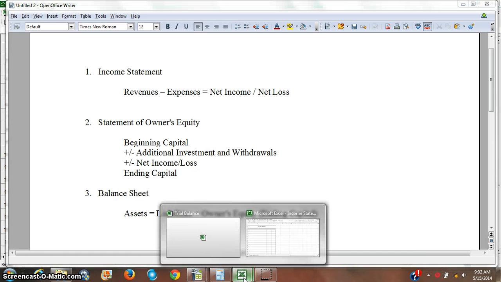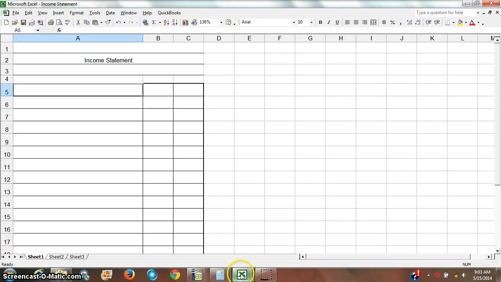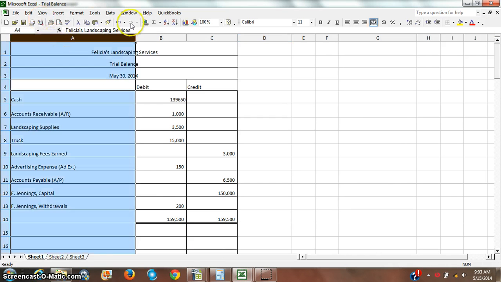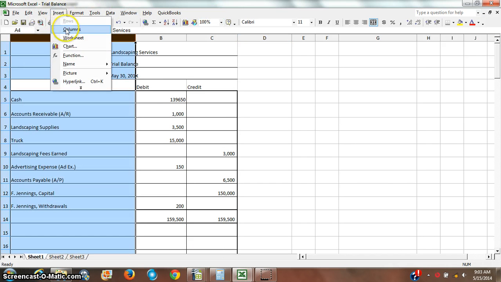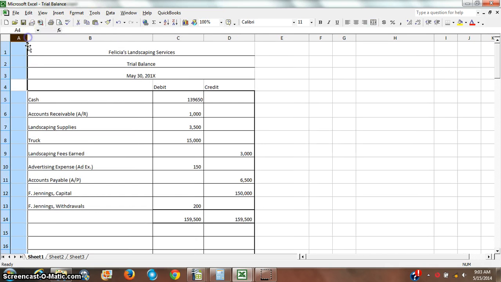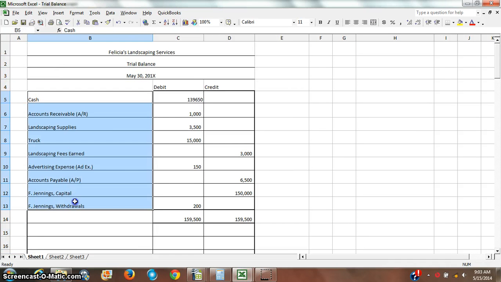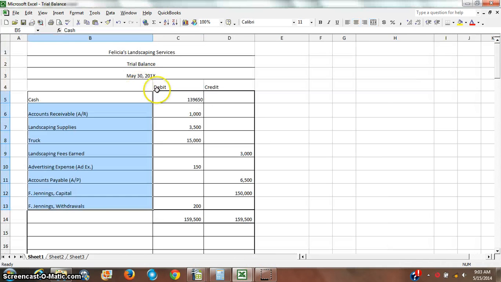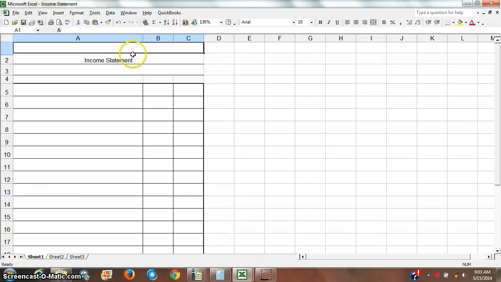And now I'm going to make the first financial statement, the income statement. Here's my trial balance. With my trial balance, I'm actually going to check off the items that I use, because all of these accounts are going to go on one of the three major financial statements, and we're only going to use each of them once. So let me go to the income statement. The first thing I need is a title, and it's Felicia's,